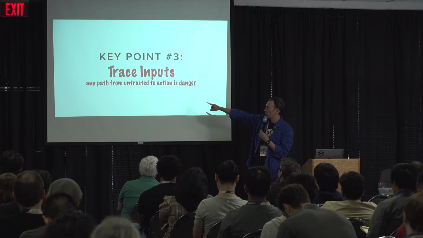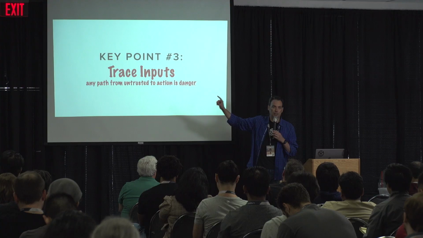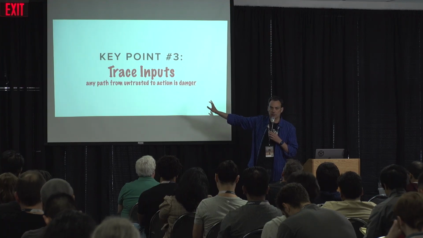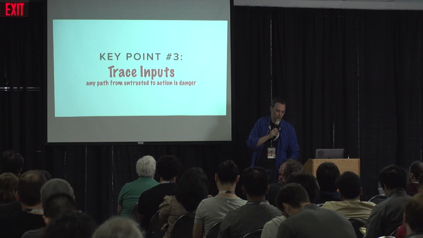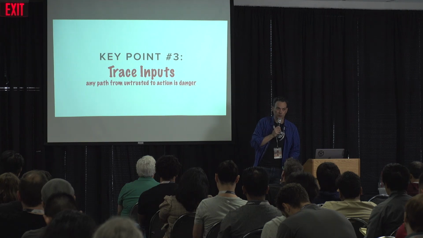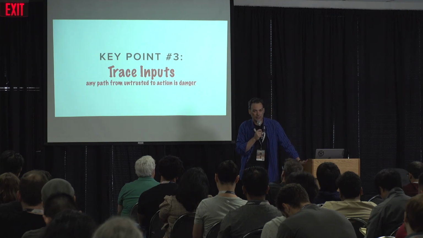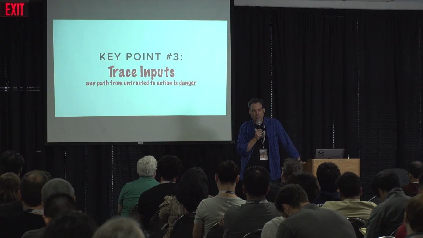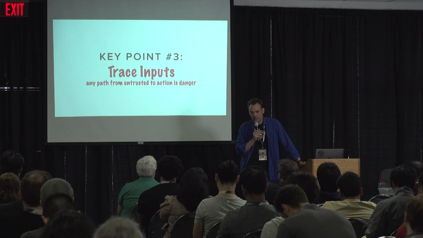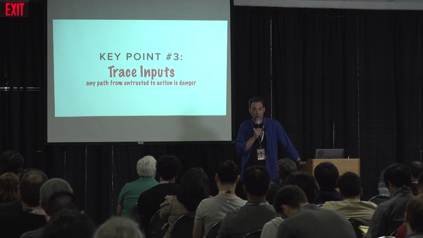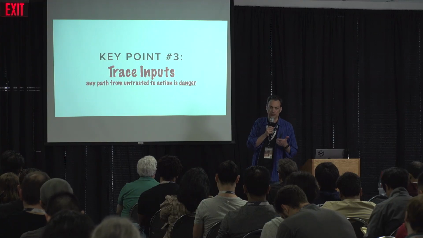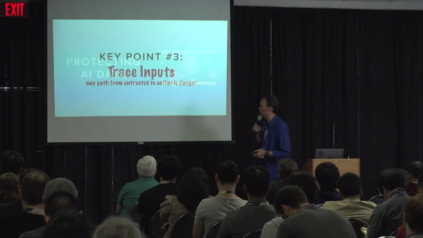Any path from untrusted to action is danger. You need to understand that. You need to carve that out as this is what could go wrong and make sure that the risk is acceptable. I'm not saying don't use these tools. Okay? I think AI is amazing. I use AI myself. I want to make it clear, and I will a little bit here in a second, that there are ways to use these tools, but none of them are totally safe, and you better understand the risks and the dangers, and you better trace it through from start to finish on those inputs, understand where the data is, right? These are important things.